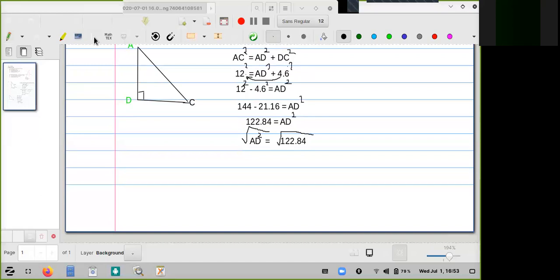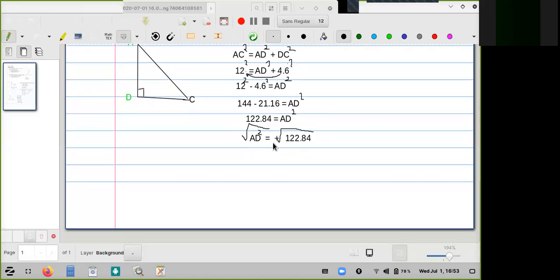One of the answers is positive and the other one could be negative, right? Which means my AD